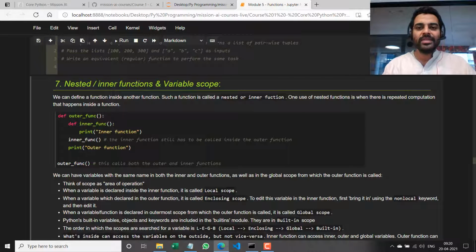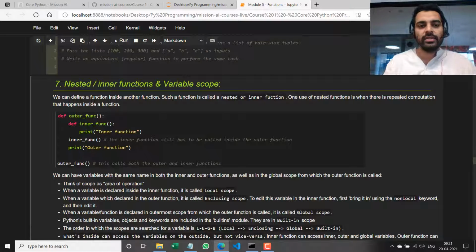Hello and welcome. This is part 2 of module 5 in which we're looking at functions, right? In part 1 we had covered the basic structure of a function, what functions really are. We looked at passing arguments to functions, like positional arguments, variable number of positional arguments. We saw named or keyword arguments. We also saw a variable number of named or keyword arguments, right? Then we also saw return values from the function where we could return no values or one value or multiple